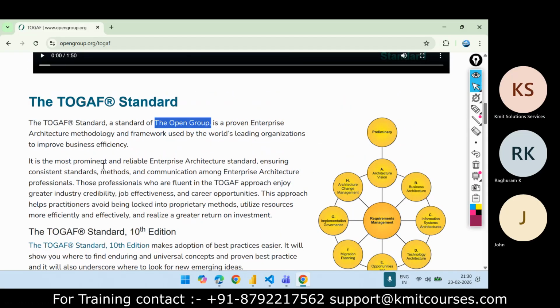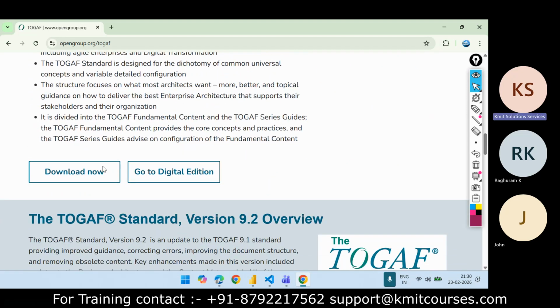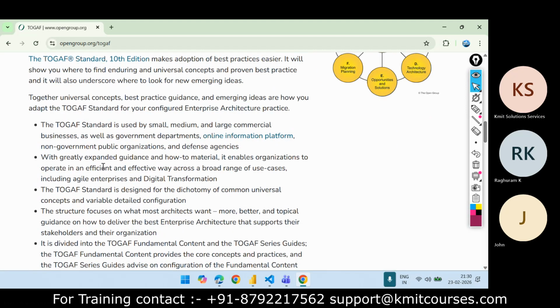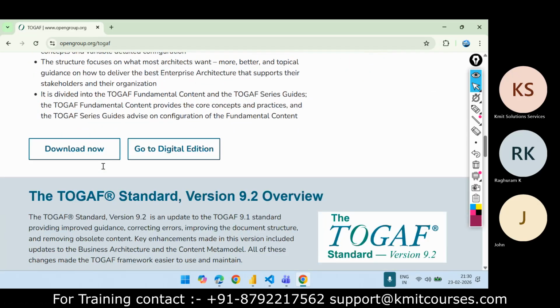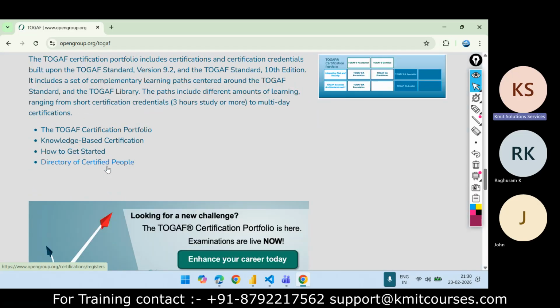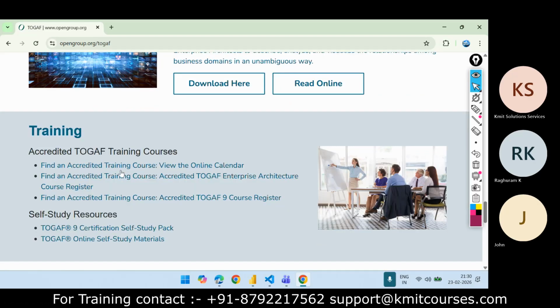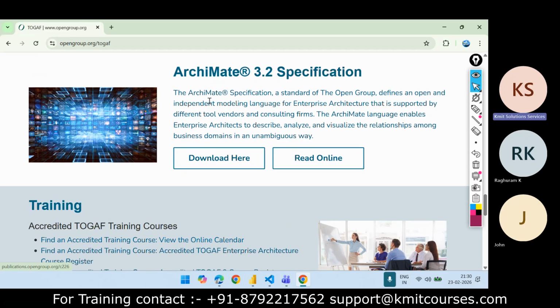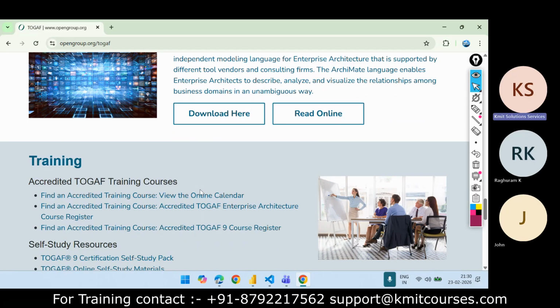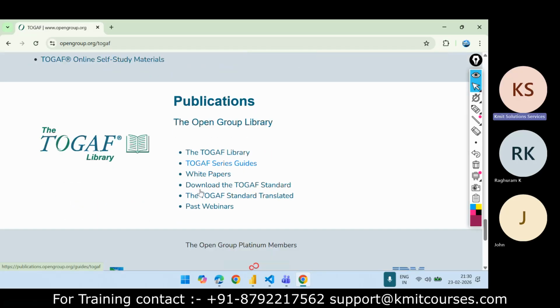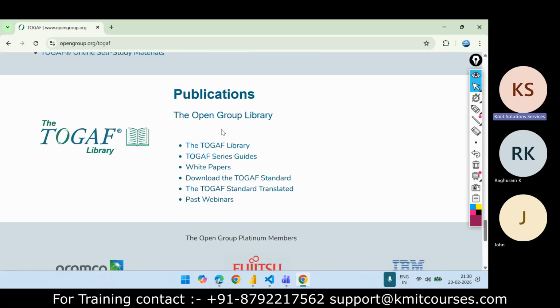Here we will see, this is the certification related. No, this is the ArchiMate, not that one. Here you go. So this is the TOGAF library, series guides, white papers, TOGAF standards, right?